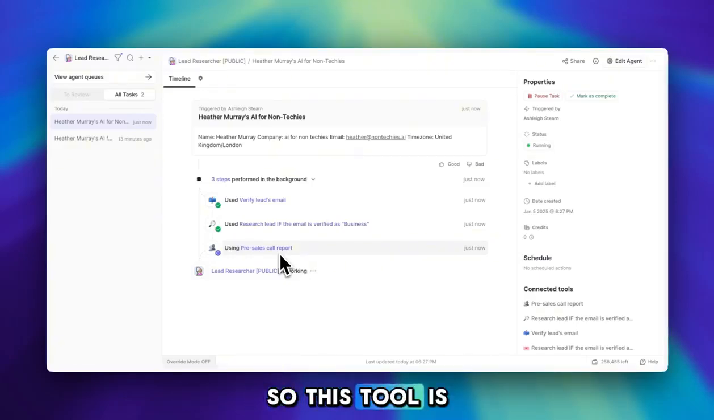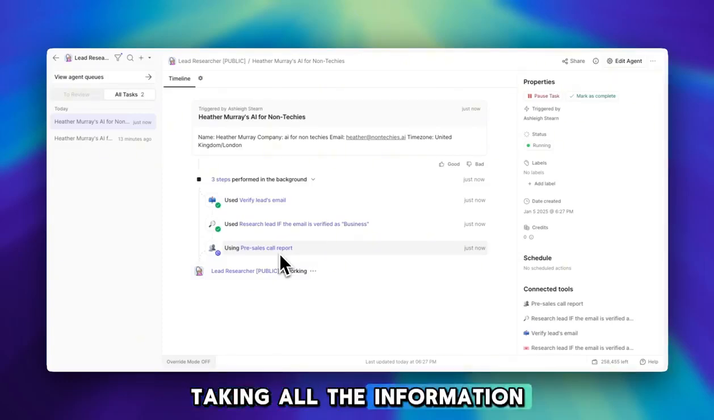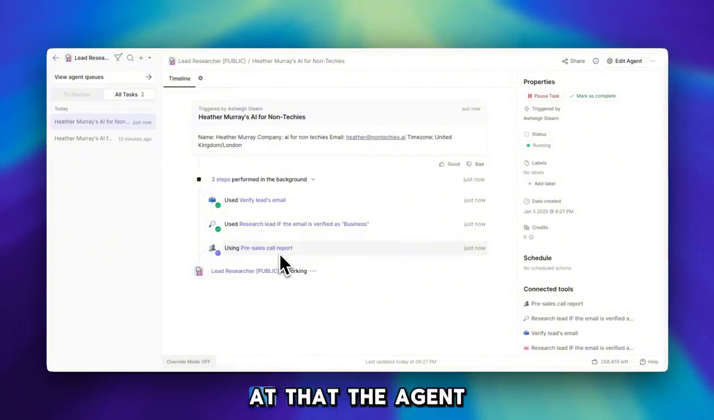So this tool is connected to a Make scenario, which I will show you after this has run. And this Make scenario is very basic. It's just a webhook and taking all of the information that the agent has prepared for us, and it's going to be uploading that into our Google Doc and then sending the link to that Google Doc straight back to the agent. So this tool might take a little while to finish running,